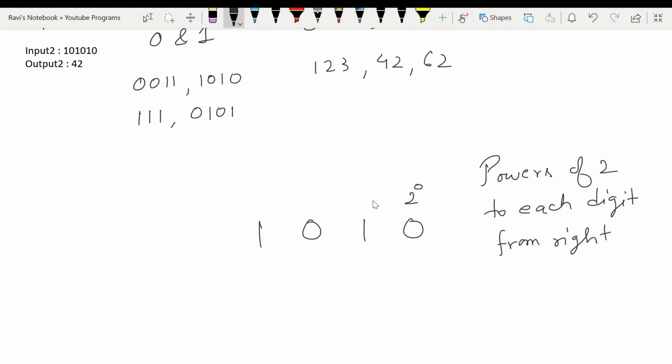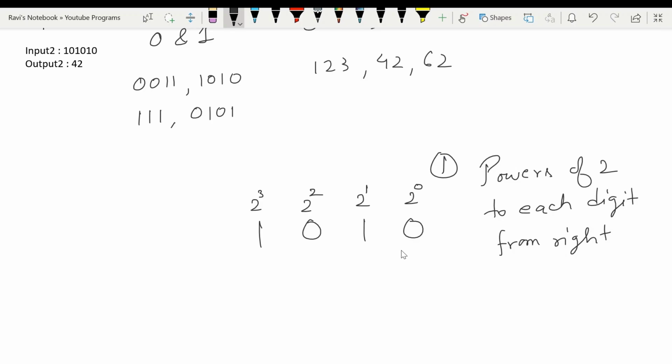For the first digit we will assign 2 to the power 0, and for the second digit 2 to the power 1, then 2 to the power 2, then 2 to the power 3, and it goes. Like if there were more digits, then it will be 2 to the power 4, then 5, then 6, and so on. So this is the first step.